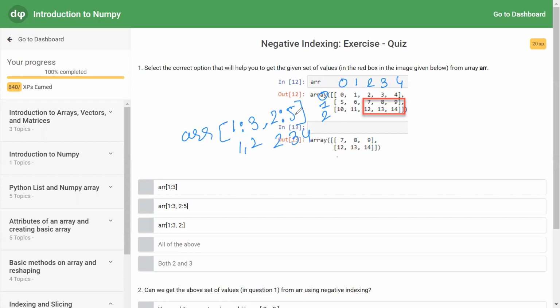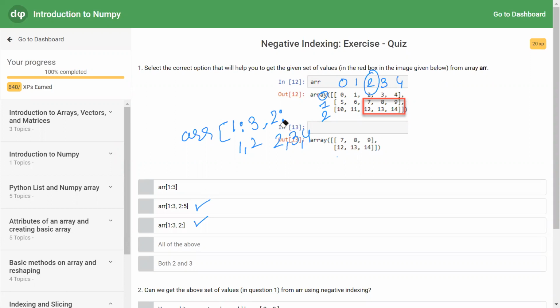Starting from the start index, excluding the last index. So it will run from 2, 3, 4. So do we have this option? Yes, we have this option 1, 3, comma 2, 5. Any more option satisfying this? So this is starting from 2 and it will run till the last of the loop. So this option also suffices the same condition. We don't specify the second index. It will run till the ending of the number array.